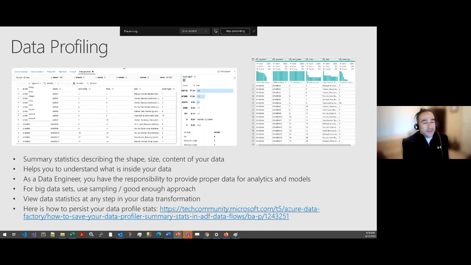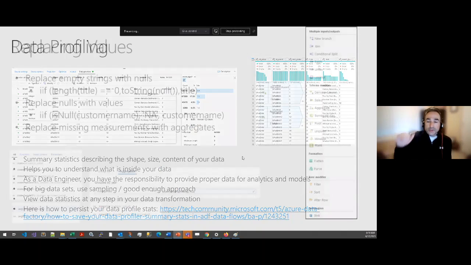What else can you look at? You can also see things like, if this were numeric, the standard deviation, the min and max, those things. But here, as strings, you can see that the minimum length is 2 and the maximum length is 2. That's because everything is a 2-digit number. And there are lots of nulls in there as well, so you also want to have some null handling in there. Okay, so use the profiling to get a snapshot into what you want or need to do with your data